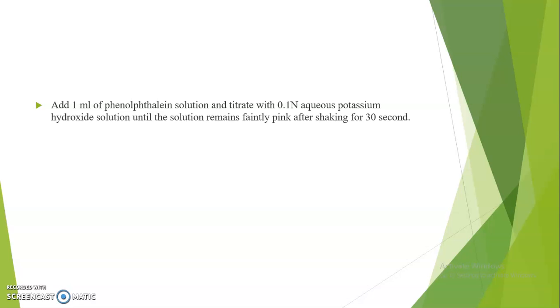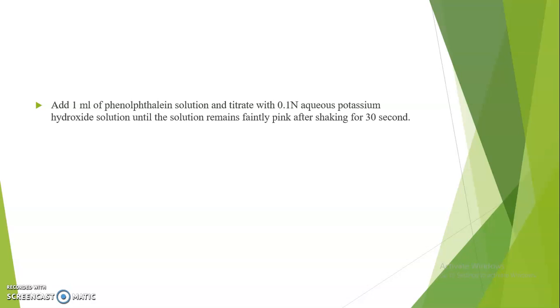Now, what is the principle involved in the determination of acid value? As we know, here there is a direct type of titration. We know various types of titration, like direct titration, blind titration and back titration. In direct titration, we carry out the reaction between acid and base directly, where only one acid and one base are used to carry out the direct reaction between the acid as well as the base.